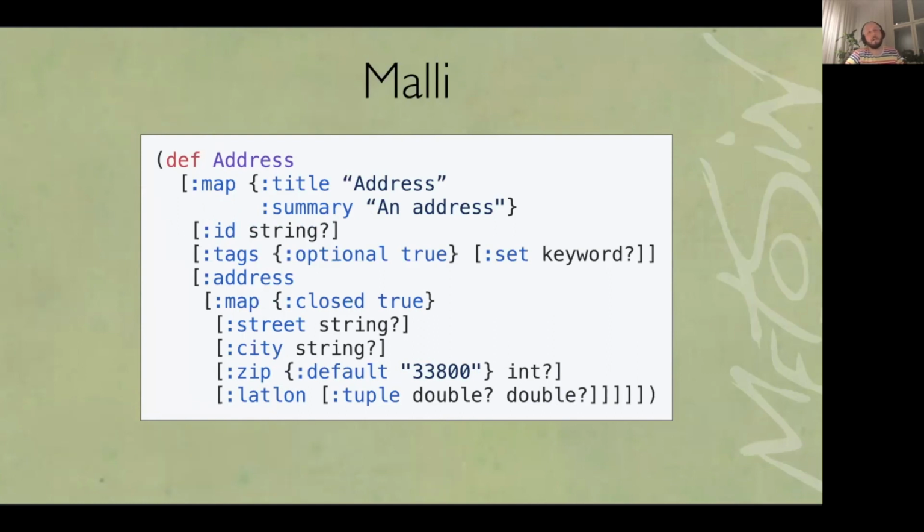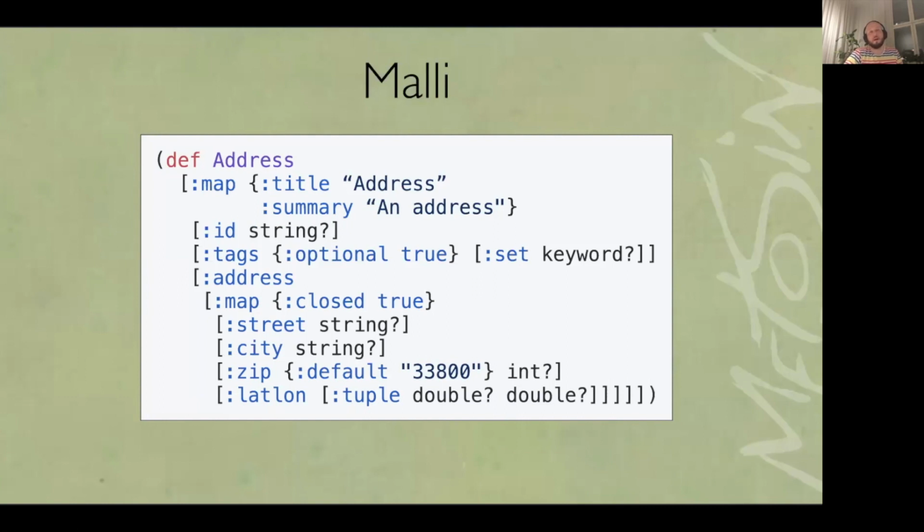In here, I added some properties to the top level map. It has a title and a summary. And then there's one entry which has this optional true property, which means that the key is optional. And to the submap, I added closed true, which means that it's a closed map. So if you add extra keys into the value, it won't be valid anymore. And for the zip, there is a default of